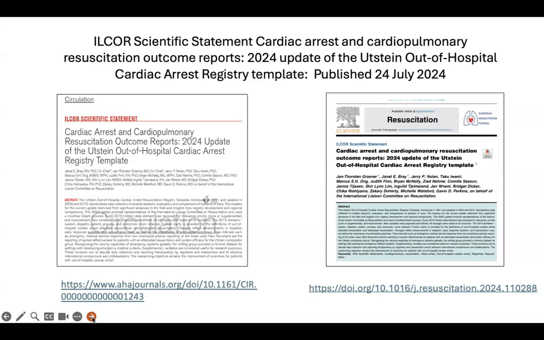but we always think about collecting and how people can collect that data. And this is the reason why it is a compromise. There were some fights, there was a lot of discussion, but it was for us as the authors a really good time to get back to the basic things of registry work and scientific work. And this is what we have, the Utstein 2024.